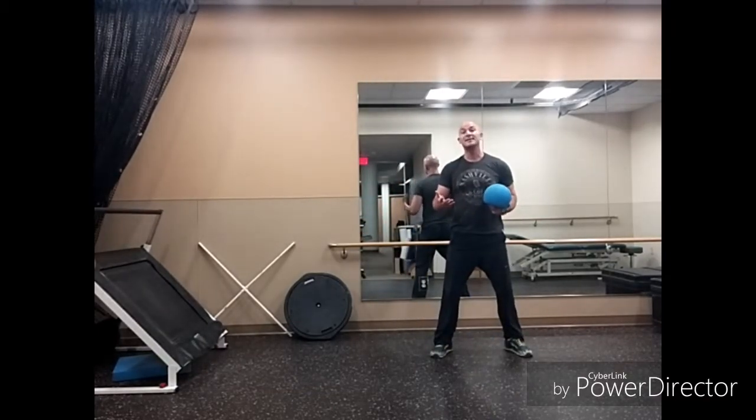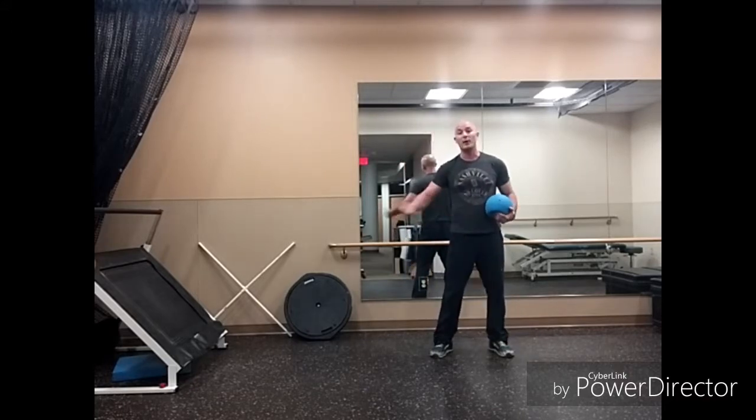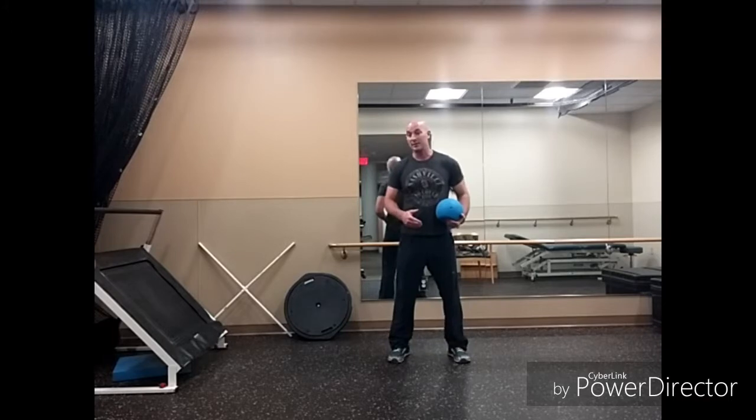Now, good example of what happens when you've got the improper spacing. So, it was a good throw, I used everything like I wanted to, but I was too far away, so it didn't come back. Or I'd have to throw it a lot harder. So I'm going to come a little bit closer,